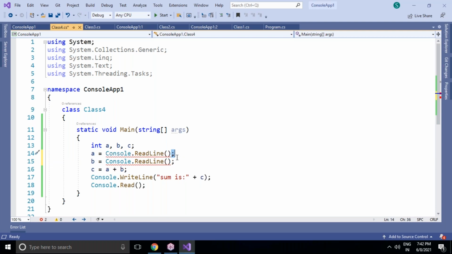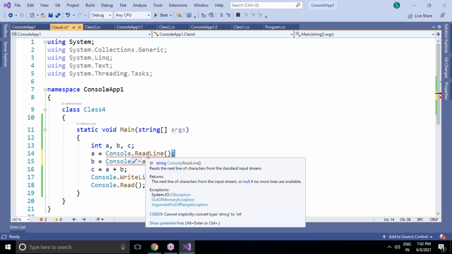Because in a C#.NET console application especially, whatever values you enter at running time, at the time of executing the program, are by default treated as string format. So here also it is going to treat it as string.